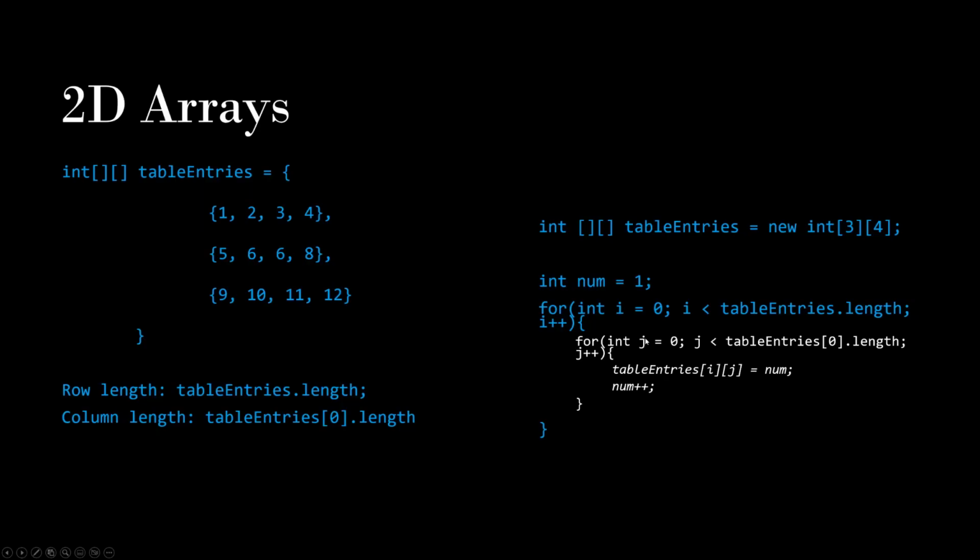two-dimensional array here. Because remember, it goes through everything in j before it goes to the next value of i. So it goes through all the possible values of j before it begins the next value of i. So notice that j is going to be the column. So it's going to do 0, 1, 2, 3, and then i advances to 1, and then j starts over at 0, 1, 2, 3,